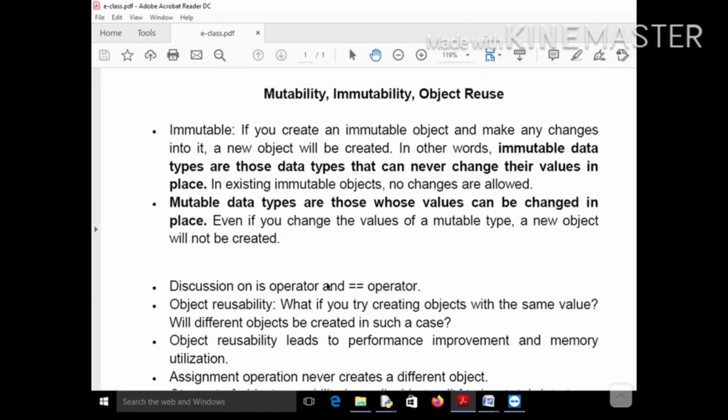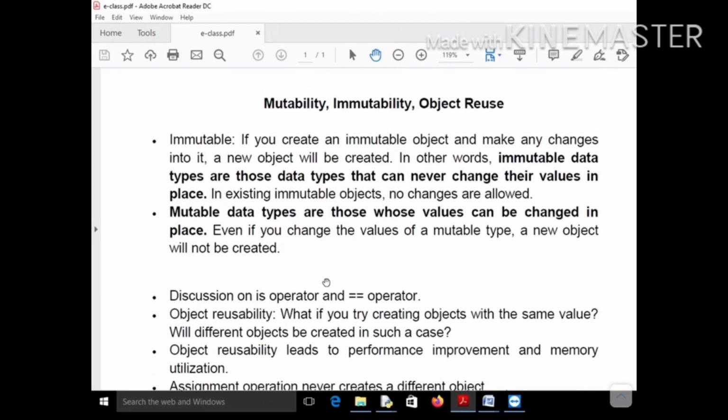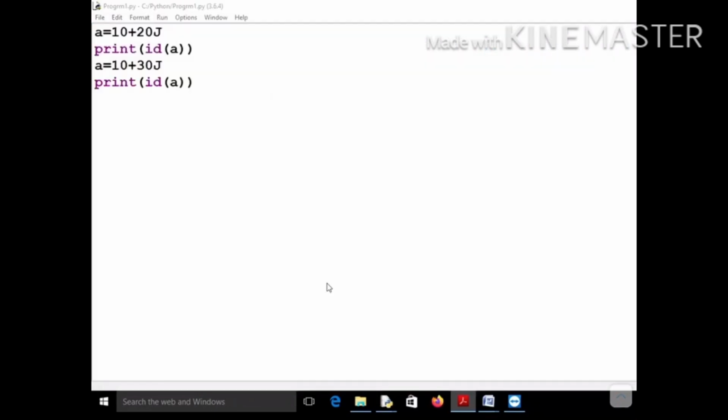I will come to it again when I discuss object reuse. Okay, let's discuss the next topic, that is mutable type of objects, and these are quite different from immutable data types in the sense that they can change their values in place. I hope you remember list, set, dictionary. Okay, so list, then set and dictionary, all these are mutable data types. Mutable meaning that unlike immutable data types, now in place changing is permitted. You can change the values of mutable data types in place.